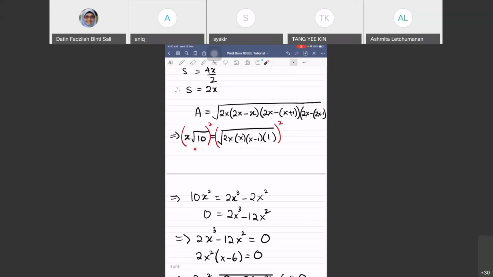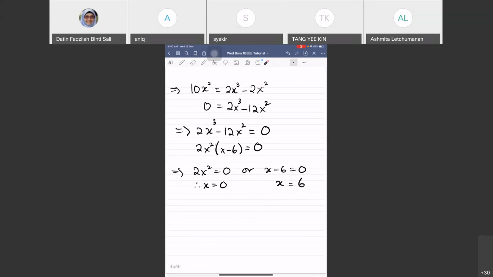What equation? It's actually the equation without the square, definitely the original equation. This equation, the area, which you need to check. Substitute x equals 0 and x equals 6 into the one which is x square root of 10, whether it equals